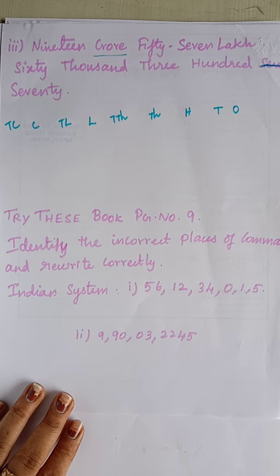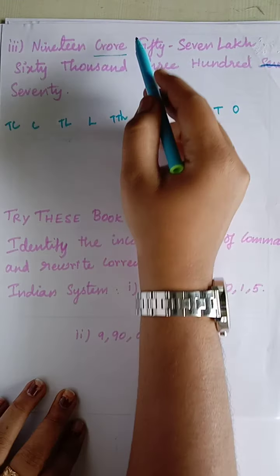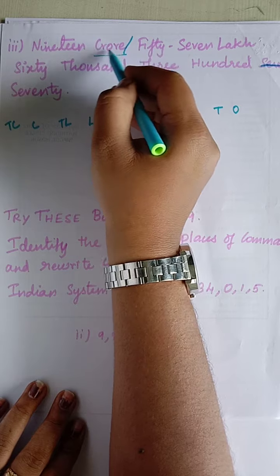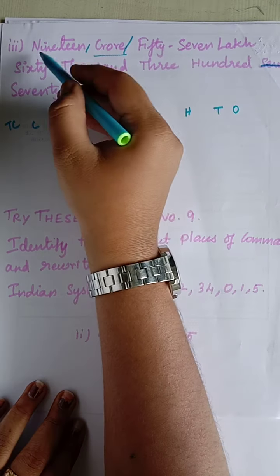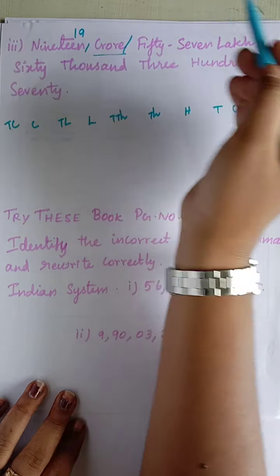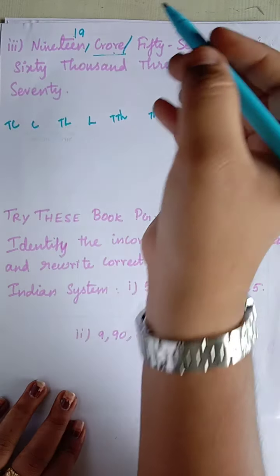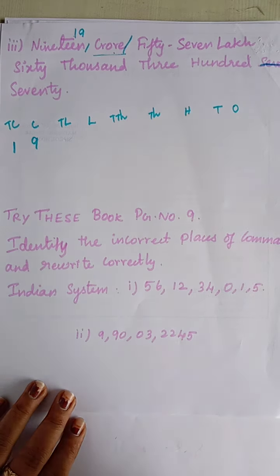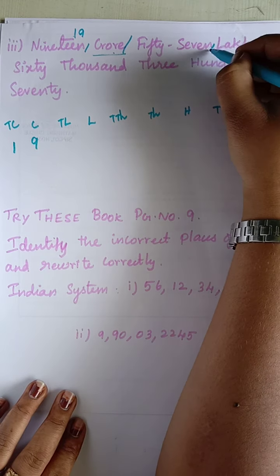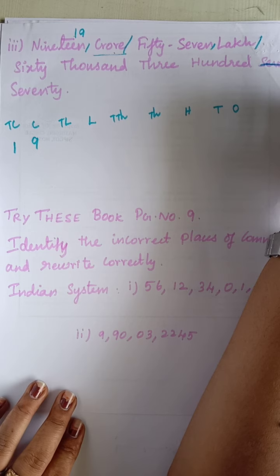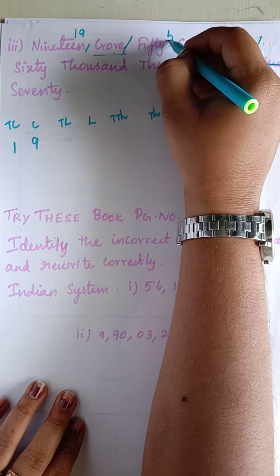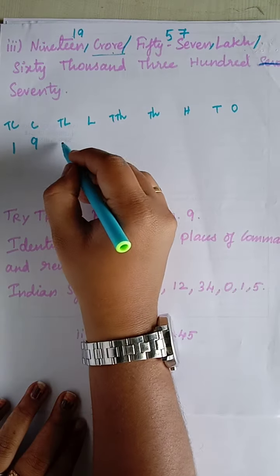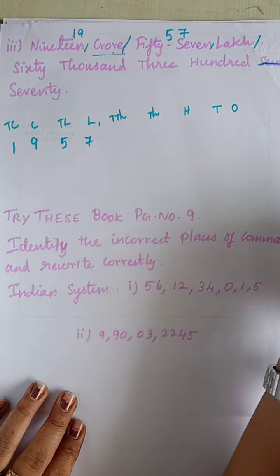The next one, what we have to see, we have to stop till the place value crore. அப்போ இங்க என்ன கொடுத்திருக்காங்க 19 crore. அப்போ 19ல stop பண்ணும். So 19 means we will write it as 19. So 19 crore. So here 19 crore. Clear? Okay, then lakh. Stop till lakh, and you have to stop till the place number, that is 57. You will write it as 57. So 57 lakh. 57 lakh. Clear?